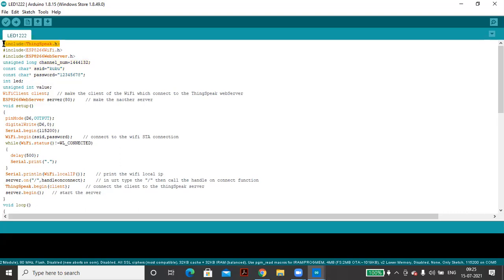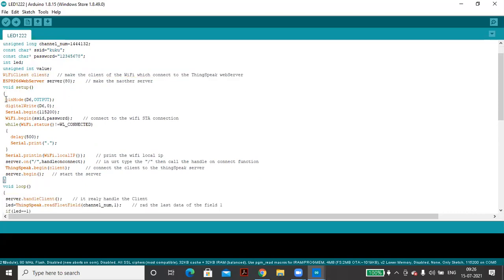Only these two lines will come. This is your Wi-Fi name and this is the password of your Wi-Fi network. And from here, we are defining our server. If you use these two lines, then you can make a server.